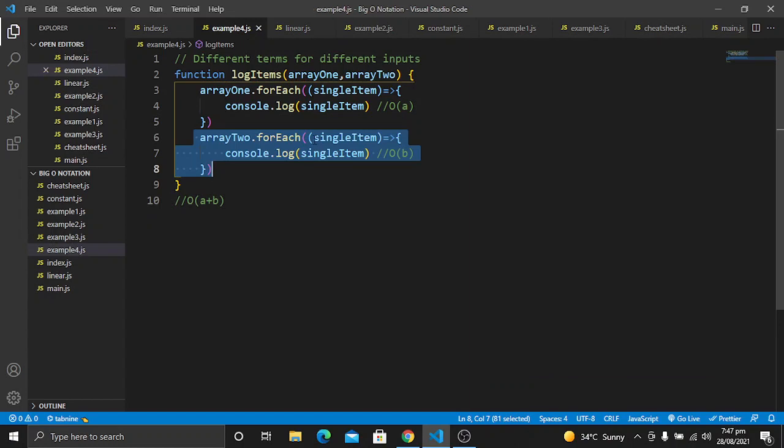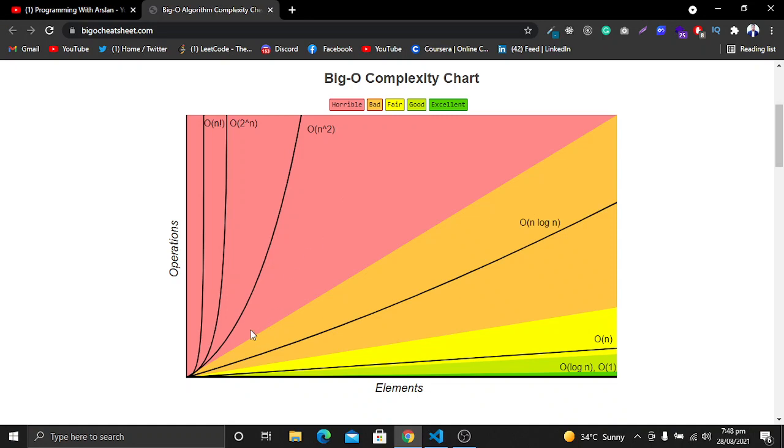So let's save it. This is the third rule of our Big O notation rule book, which states different terms for different inputs. We have discussed for loops and how we can calculate their Big O, and now I want to cover the Big O notation O of n squared.